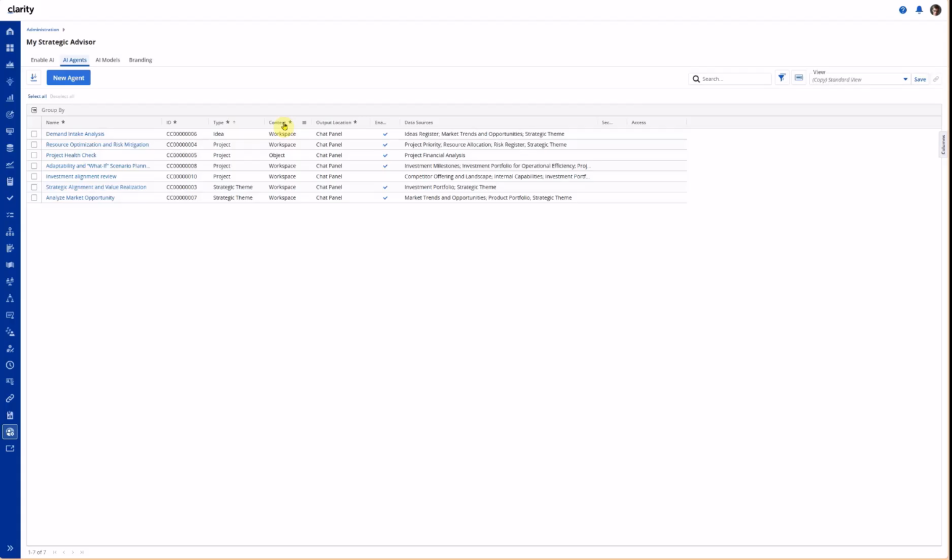Context indicates if I am defining the agent at the workspace level of my type or at the object level of my type. For example, this agent right here, the resource optimization and risk mitigation, is defined at the workspace level of project. That means when I go into the project grid or project board layout, any one of those layouts, but into